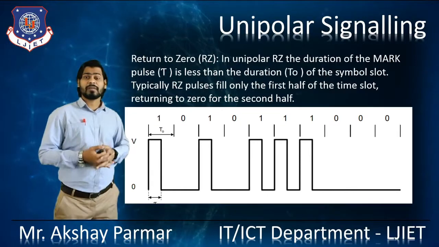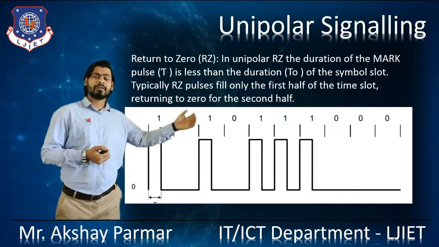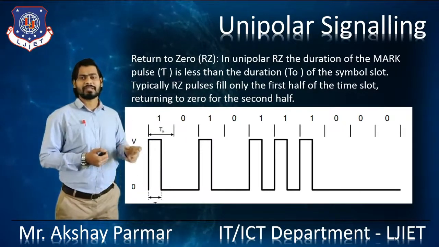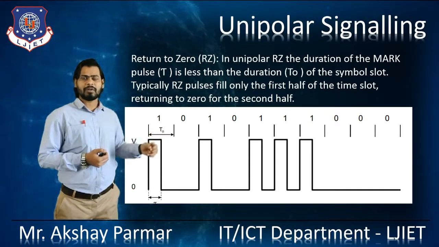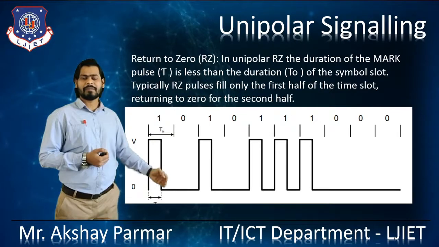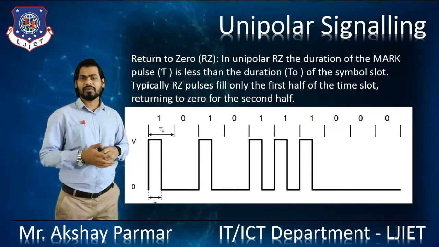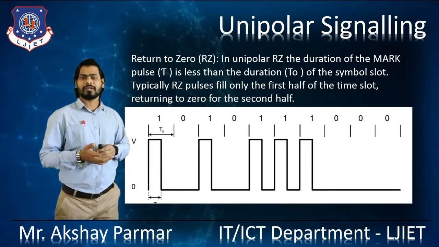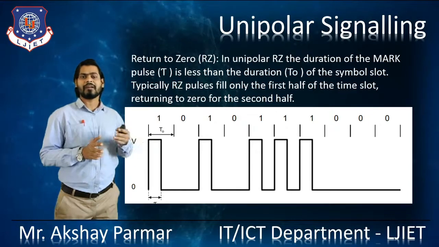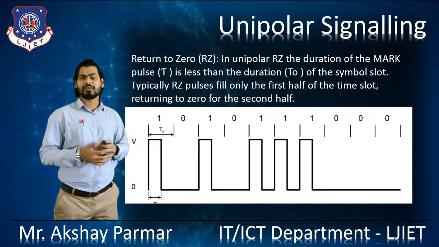So here you can observe that we are representing 1 0 1 0 1 1 1 0 0 0. First of all, we use the first half of the bit slot to represent that bit. So 1 will be represented this way. After that the 0 is there. To represent that 0, we don't require the height, so it will remain at the ground level. And in the second half it will return to 0, which is already at the 0 level, right? So there is no need for the height.